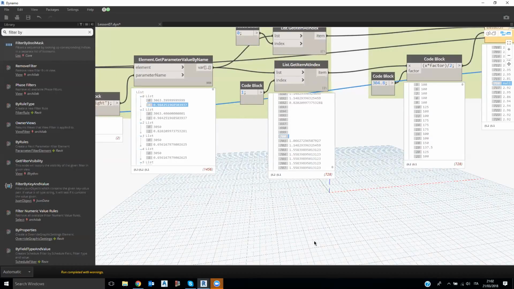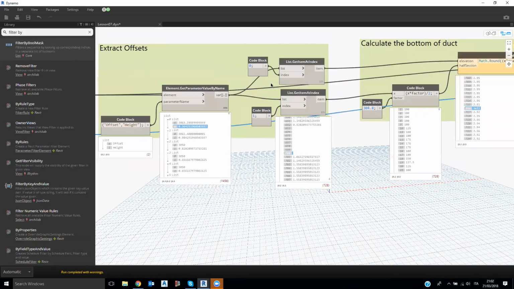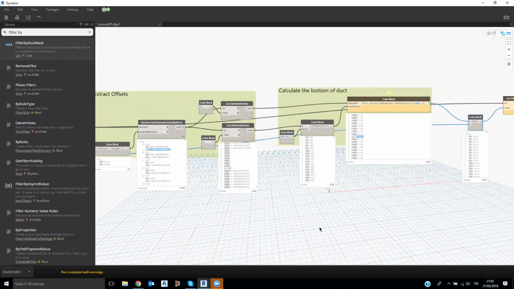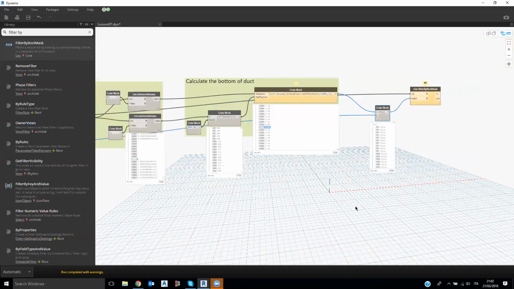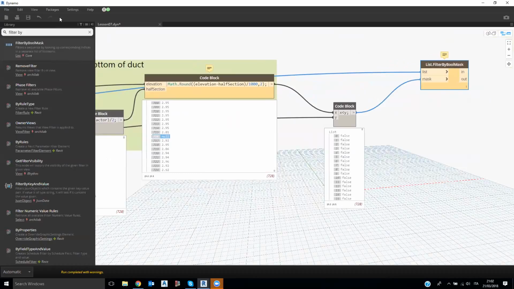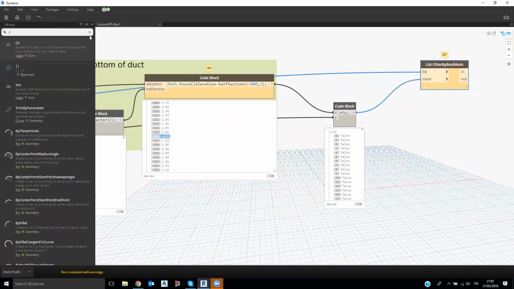They just have a diameter, for example. So we need to find also a way to select only the rectangular ducts. I'm not going to focus on this one right now. I just want to show you how we can filter elements from here. So I will remove the null value,